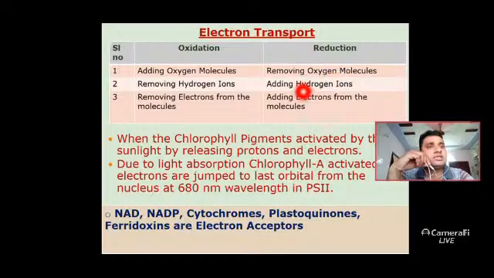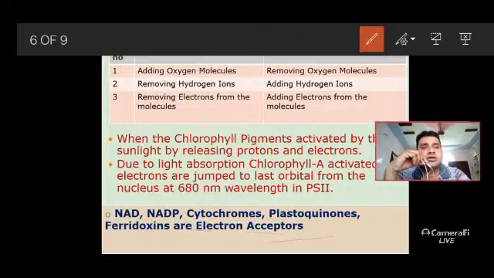Those electrons have to be received by some factors. The electron acceptors in photosynthesis are NAD, NADP, cytochromes, plastoquinones and ferredoxins, generally called electron acceptors or electron receptors. This is a common question in competitive examinations particularly. So what are the electron receptors? In photosynthesis, NAD, NADP or ADP, cytochromes, plastoquinones, ferredoxins, all these substances are called electron receptors or electron acceptors. So these are the electron acceptors we can see in the